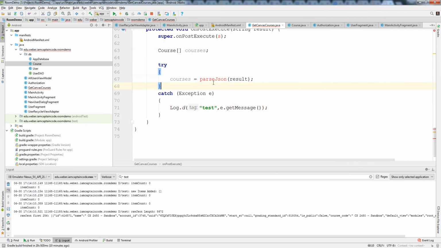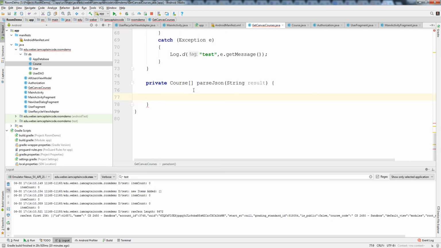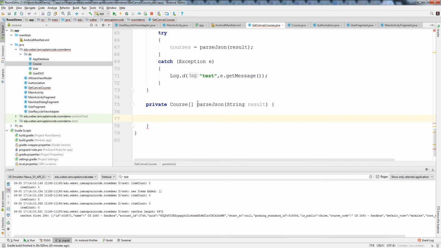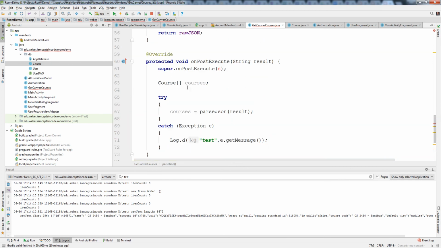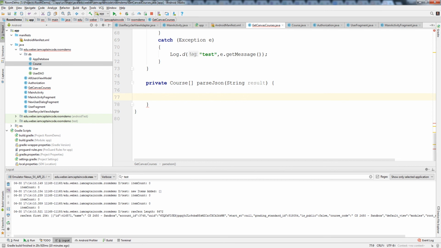Okay. Now, in this method, parse JSON, again, because we can make any methods we want in this class. This is our class, right? We want to do the work here now. Because, again, I wanted to separate the work of getting this data from the JSON versus packaging it up so we can work with it in the UI. So in this method, parse JSON,